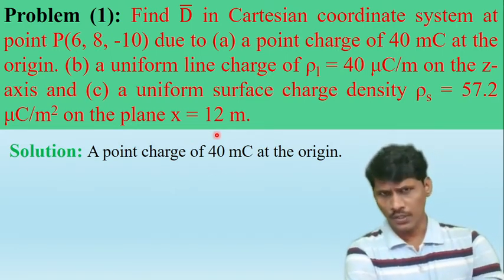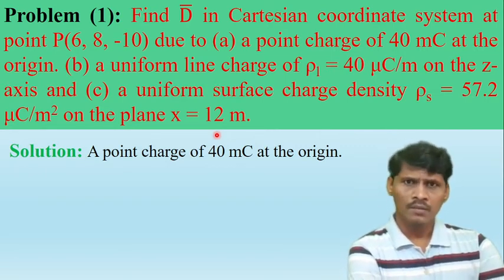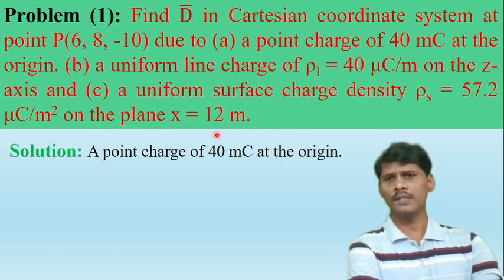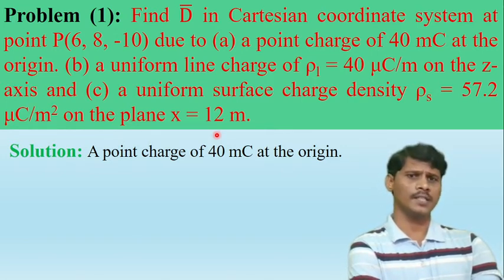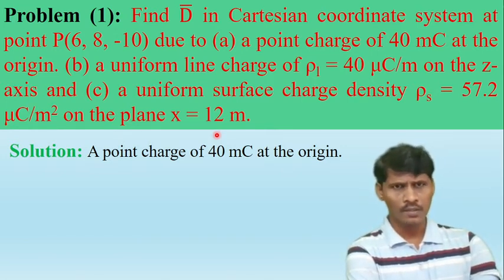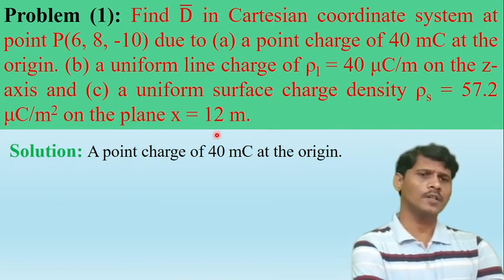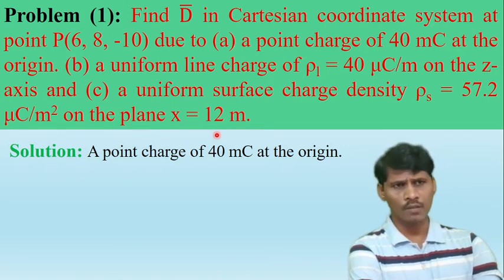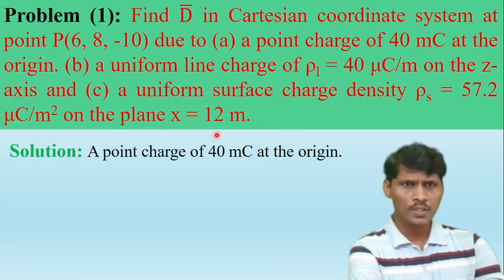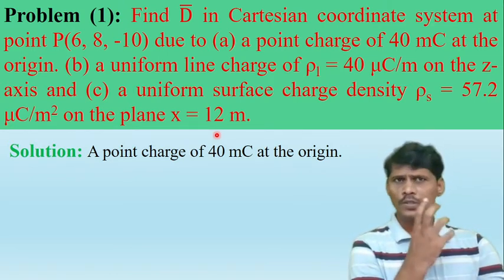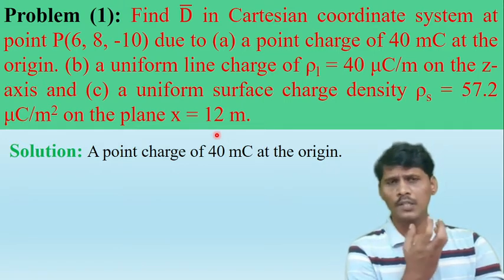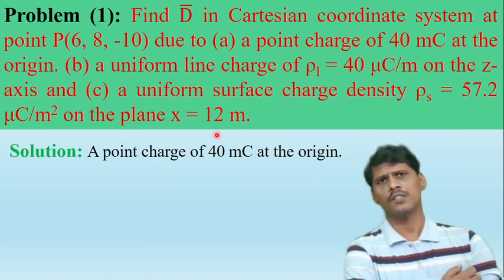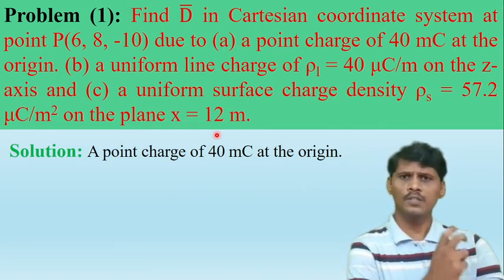Coming to the solution, given a point, calculate the electric flux density at the point (6, 8, -10). So first bit solution. A point charge of 40 millicoulombs is located at the origin. In the first bit, a point charge Q is located at the origin, that is 40 millicoulombs. Calculate the electric flux density at a point P (6, 8,